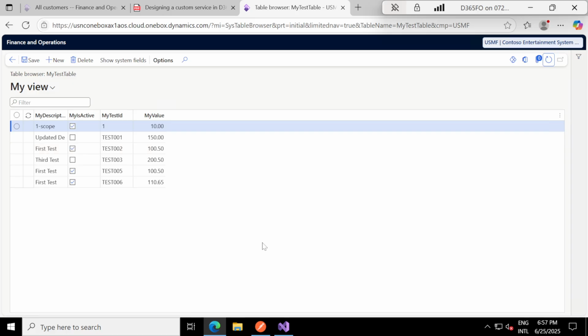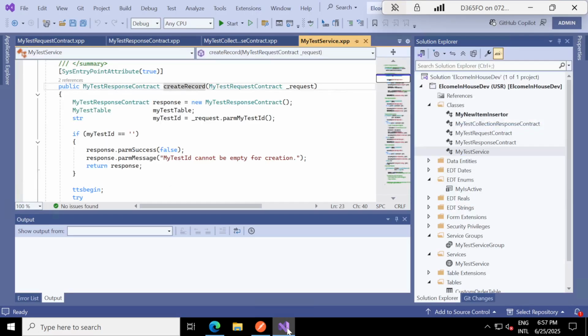Okay, now I hope you are getting the point. What it has actually done is come over here to create a record. It has checked the request contract, then it has created a response contract variable, and then it has checked the response parameter success. This is a function in the system, and this is the message. These classes are created in the request. Okay, so if I